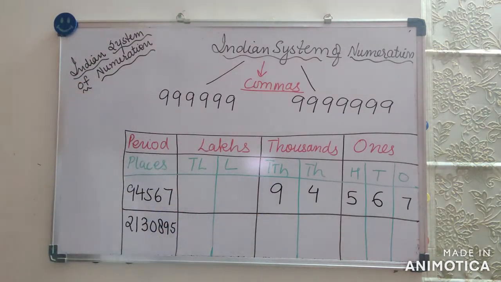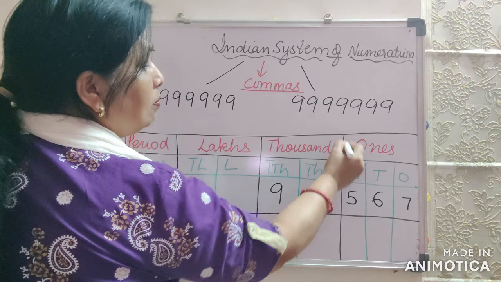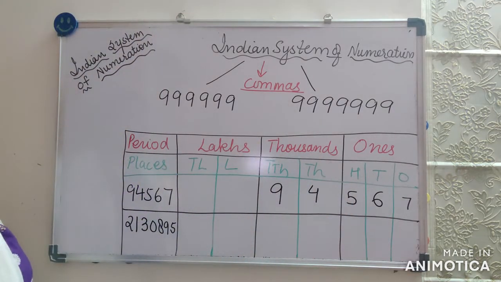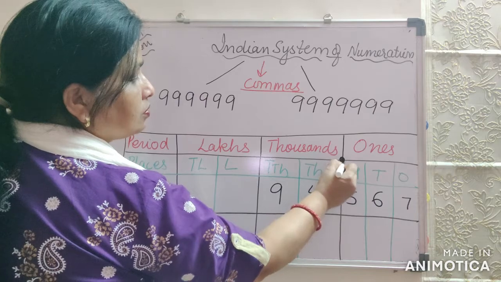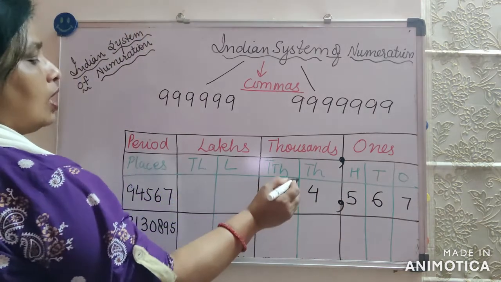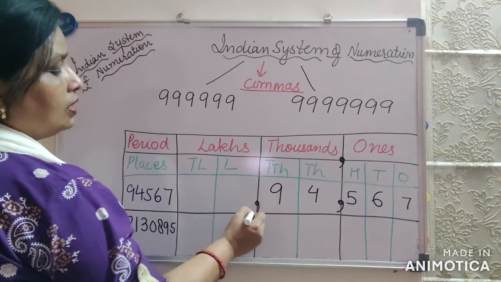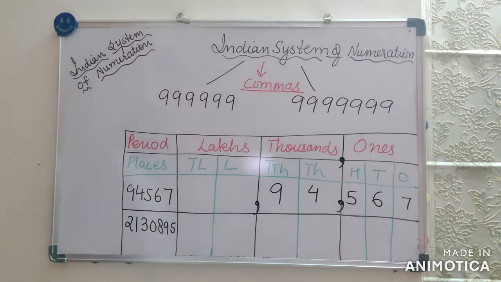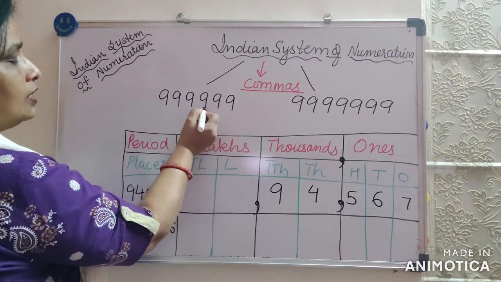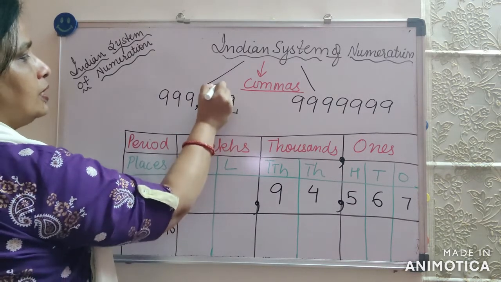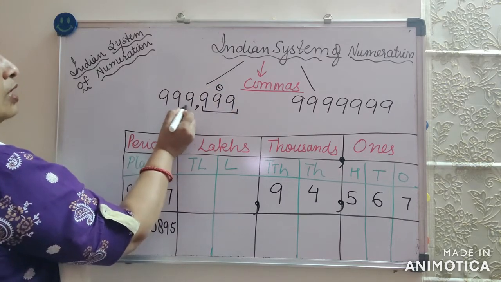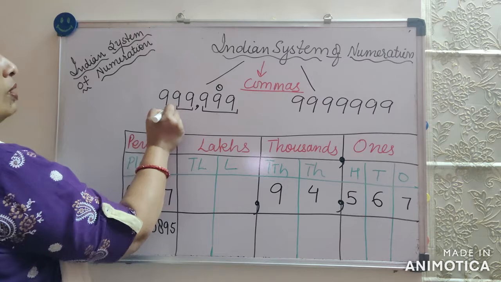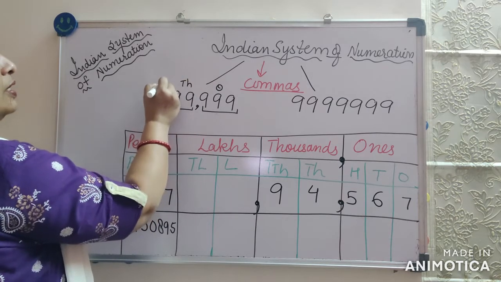That is 10,000. Now, to put commas, what will we see? We see the periods. The first comma will come before the ones period. It means it will come here. Right? Now again, the second comma will be before the thousands period, and that will be lakhs. So when you have to put the comma, the first comma will come after you count ones, tens, hundred. It means this is the ones period, right? Just make it separate. Now, 1000, 10,000. So, the next comma will come here. It is the 1000 period and it is the lakh period.